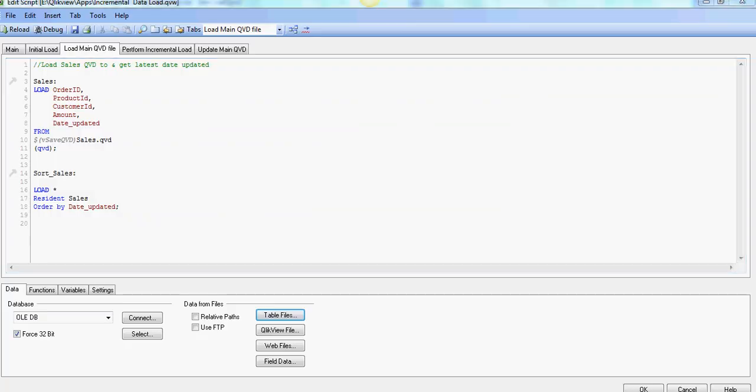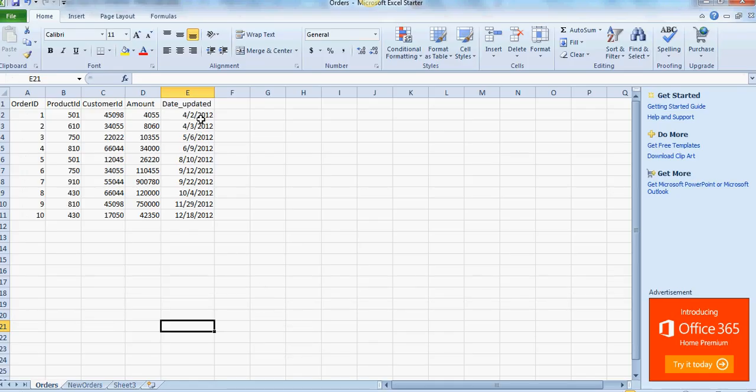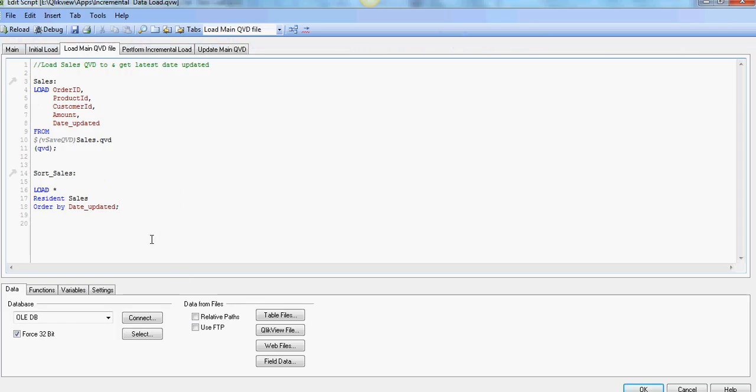So again, looking back here, the idea is to extract the maximum date, and that date will be the key column to determine how to do the incremental load, and you will see that as we go forward. So we have now sorted the records, and the next step is to capture this into a variable. So let's say let,